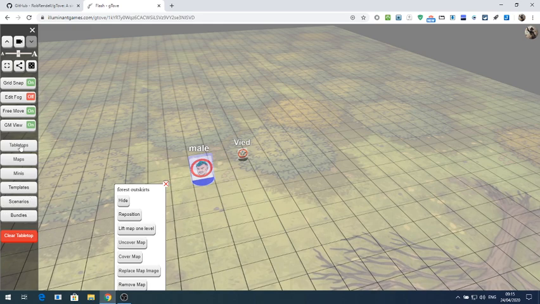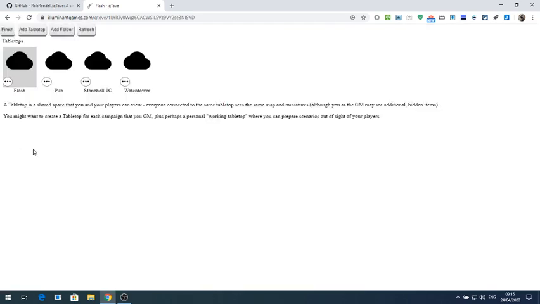Then if we go on to tabletops. So tabletop is a shared space you and your players can view. Everyone connected to the same tabletop sees the same map and miniatures. So you might want to create the tabletop for each campaign that you GM, plus perhaps a personal working tabletop. So these are some of the ones I've set up. So I've got one here called Pub,